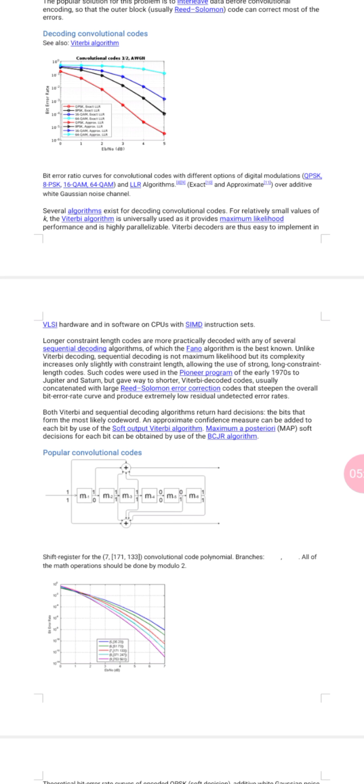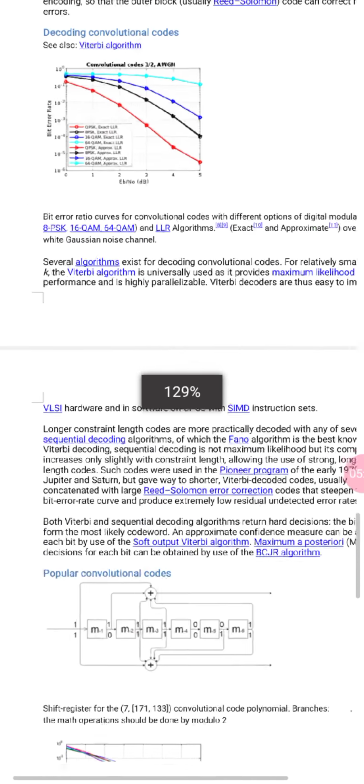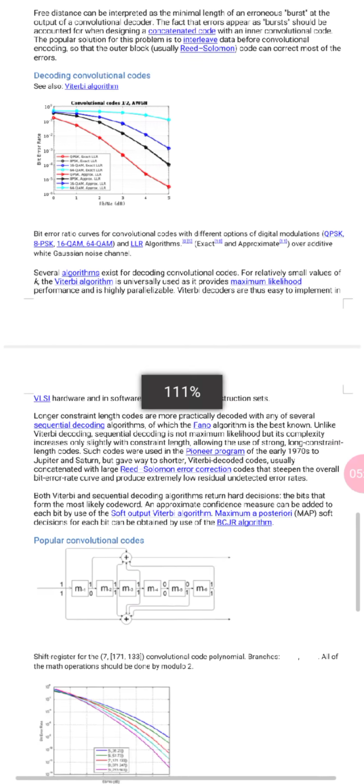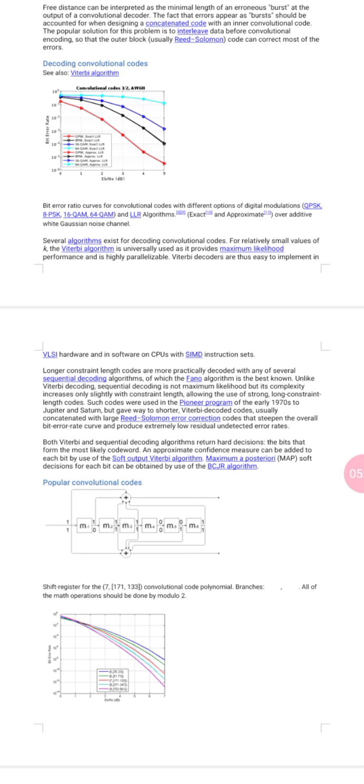Okay, decoding convolutional codes. Bit error ratio curves for convolutional code with different options of digital modulation, QPSK, 8PSK, 16QAM and 64QAM, and LLR algorithm, exact and approximate, over an additive white Gaussian noise channel.